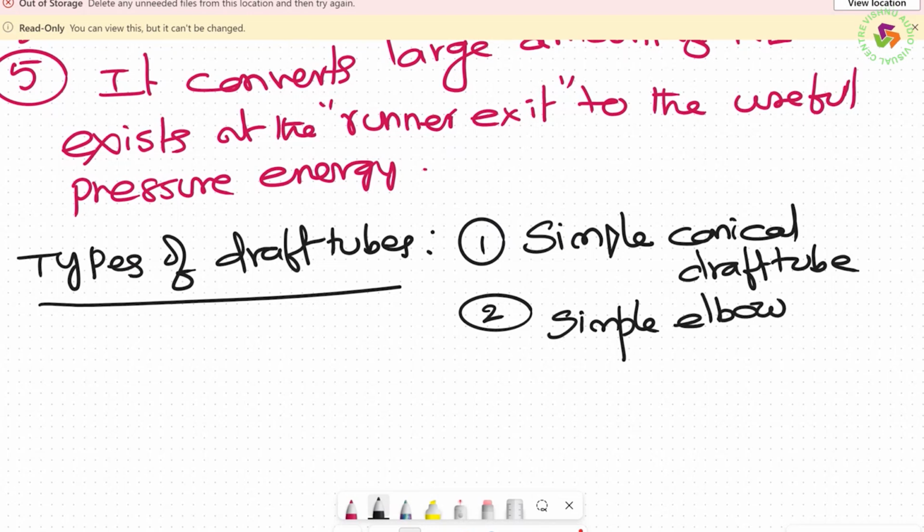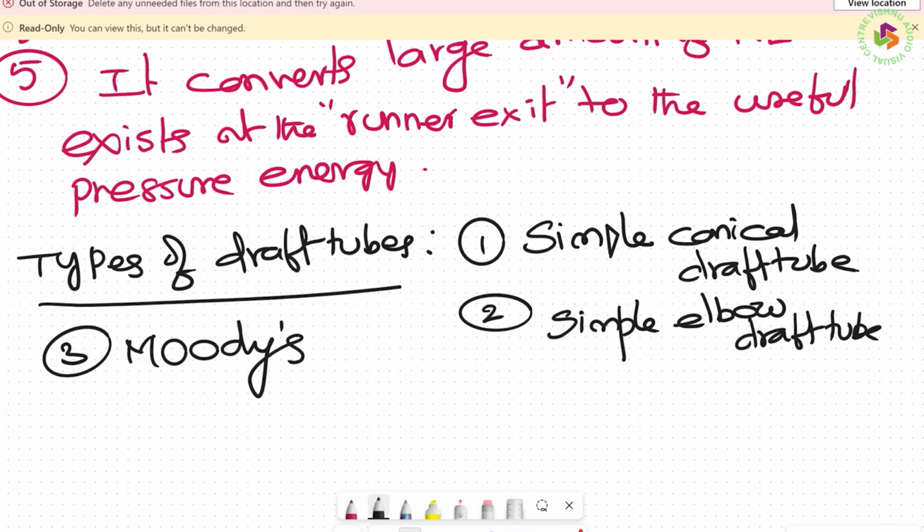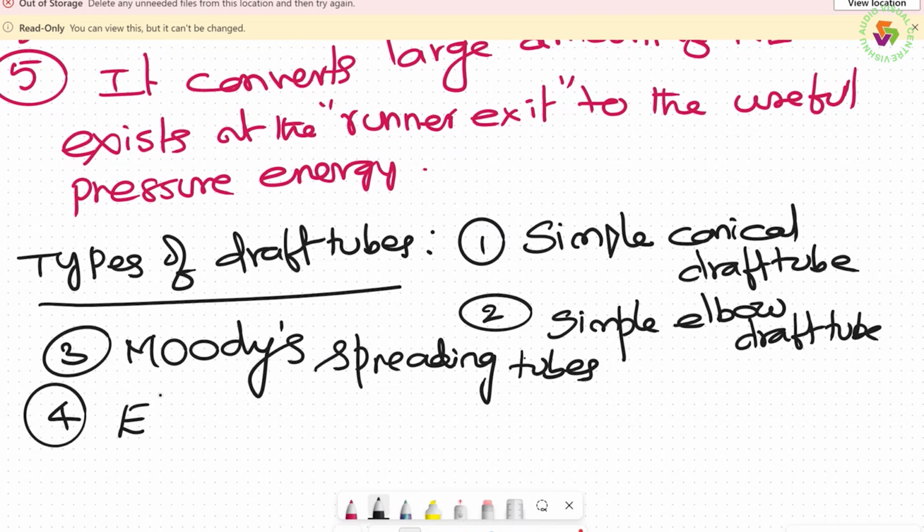Elbow means 90 degrees bend. Elbow draft tube. And third one is Moody's. Moody's spreading tube. And fourth one is the elbow draft tubes. It is elbow draft tubes